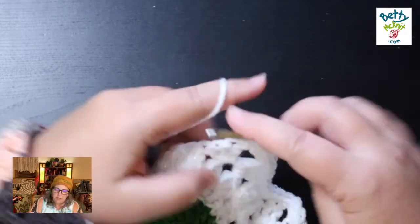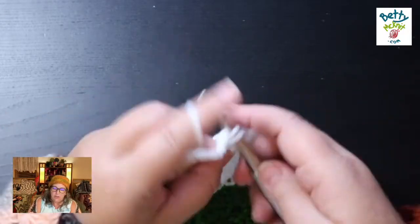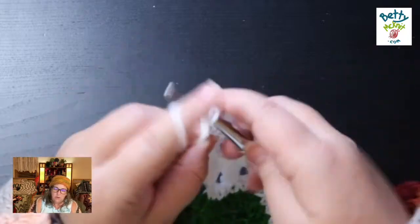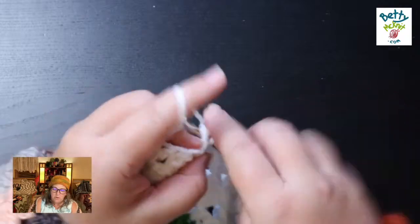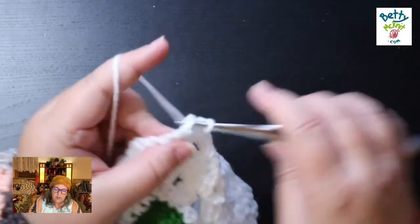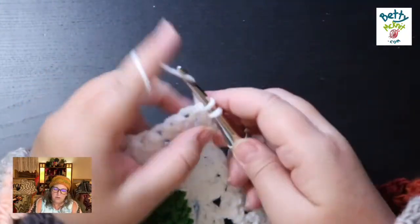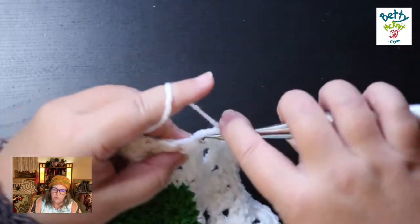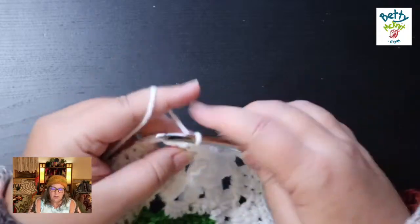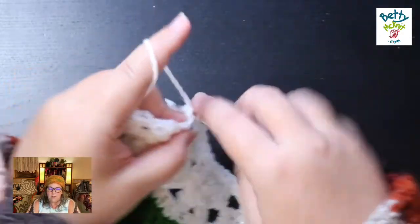1, 2, 3 in each peak, and 1 single crochet in each stitch across. Comes out to 8 single crochet in between each peak. 1, 2, 3 in the chain 3 space. 1, 2, 3, 4, 5, 6, 7, 8. 1, 2, 3, and then 1, 2, 3, 4, 5, 6, 7, 8. 1, 2, 3, and then 1,